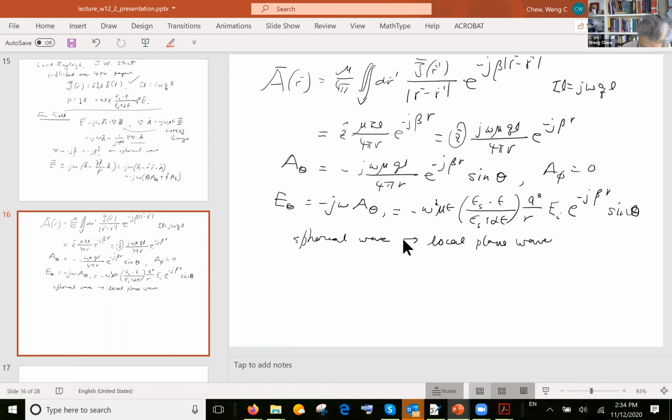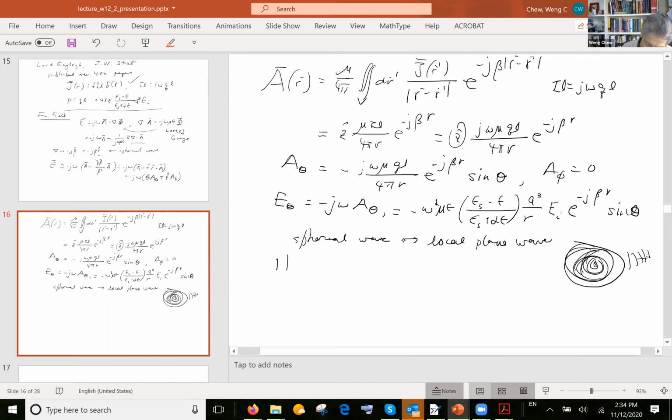So if you have a spherical wave, if you're far enough away, it becomes locally like a plane wave. And then you can use plane wave physics to figure out what the H field is. You can treat them as a locally plane wave. You can see that H phi is actually equal to 1 over eta E theta,